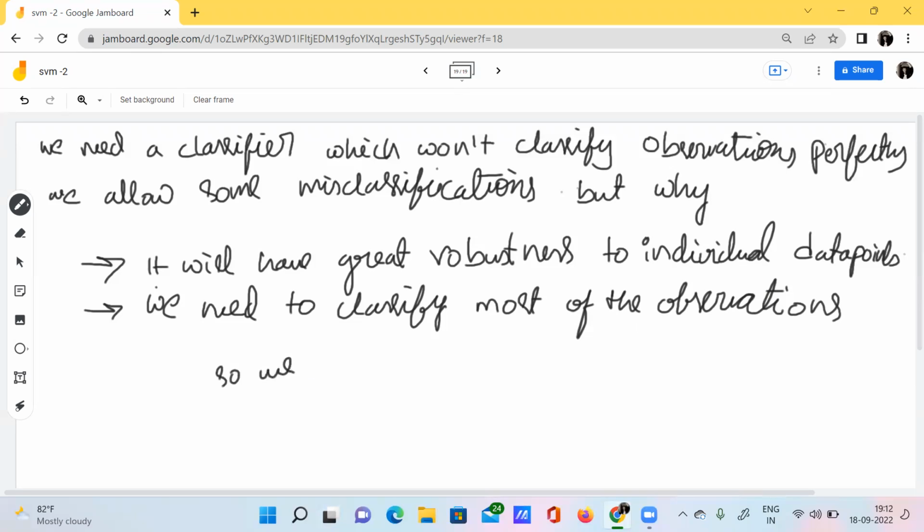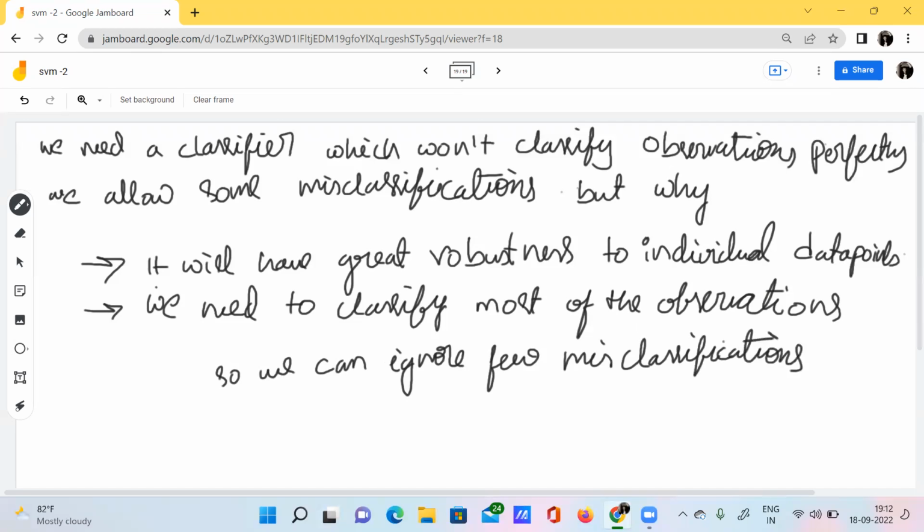So we can ignore few misclassifications. So what I'm saying is here we need a classifier.